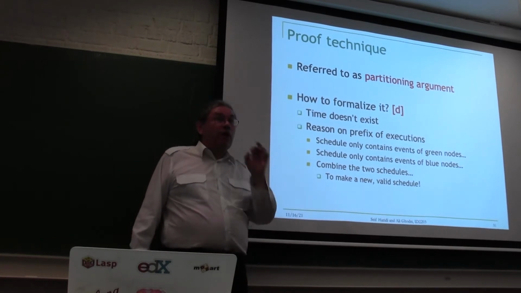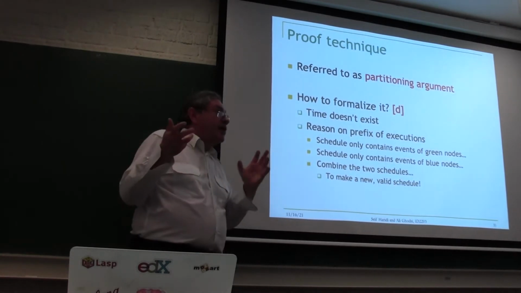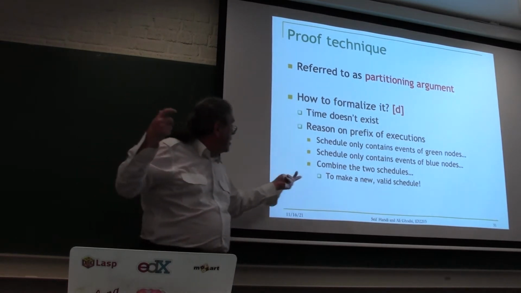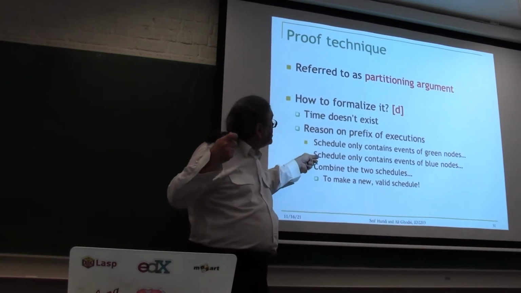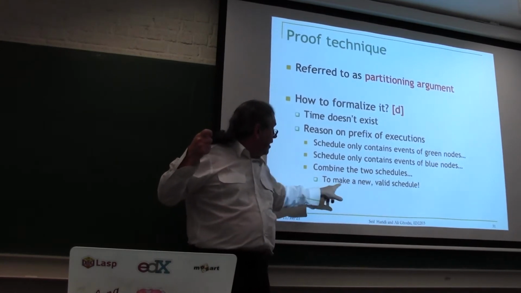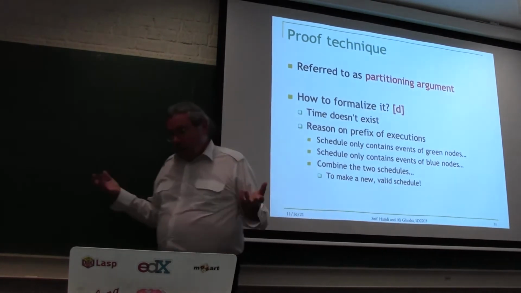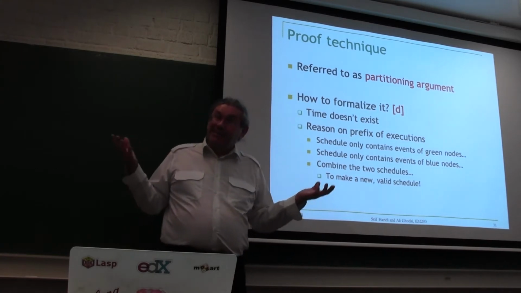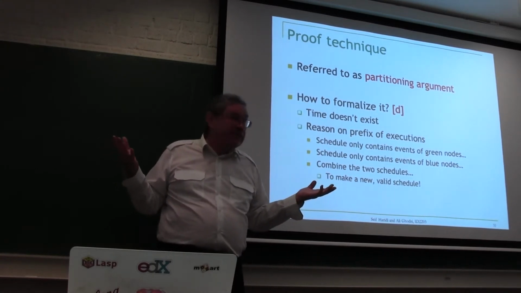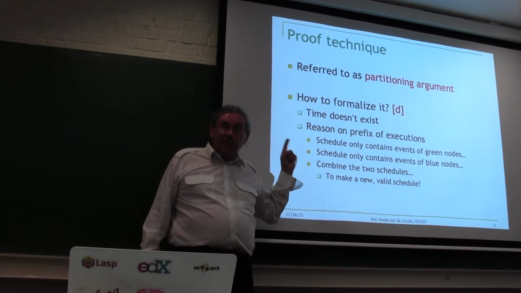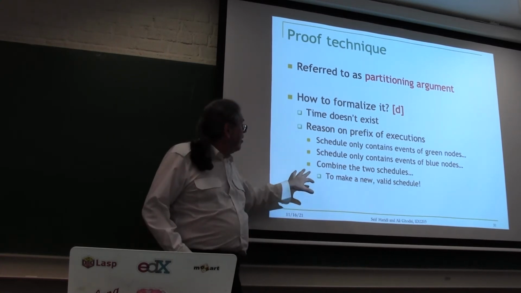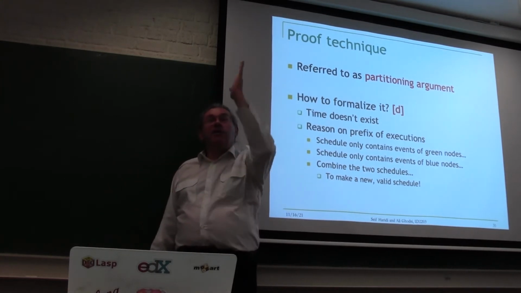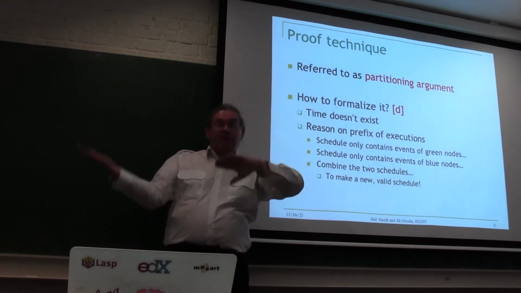As I showed you before, assuming that the failure detector makes certain mistakes, which we can assume, it's totally possible. So combining these two correct schedules will give you a third valid schedule where the nodes are deciding differently. That's not allowed according to agreement. That's a contradiction. You see how the reasoning works? It's a very simple reasoning. And you can see that n over 2 is kind of a breakpoint. There's a symmetry there.